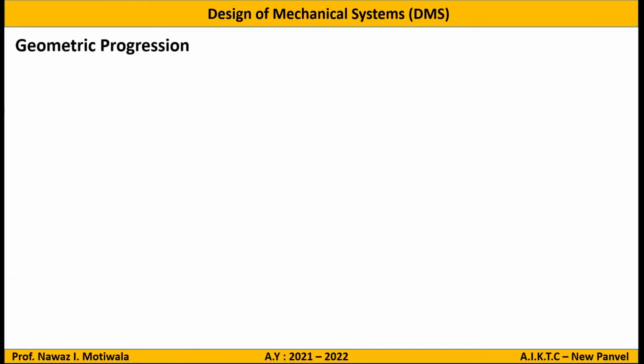So again, the forum is open for your side. What do you mean by a geometric progression? Which ratio remains the same between the two preceding ones. Correct. I take it as a correct answer from your side. In the arithmetic progression, the difference between two consecutive terms is constant. In geometric progression, the ratio of two consecutive terms remains constant. Only the word difference has been replaced by ratio. So if I want to tell you about geometric progression, I will just say the ratio of two consecutive terms remains constant. So again, I have an example to show you, and the example is this.